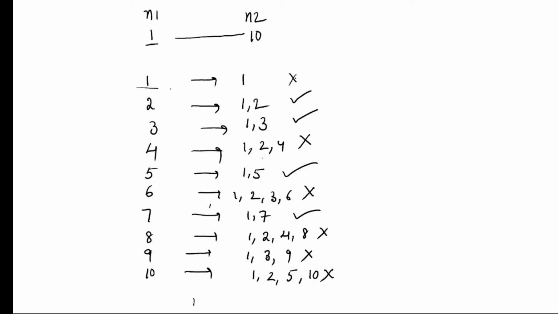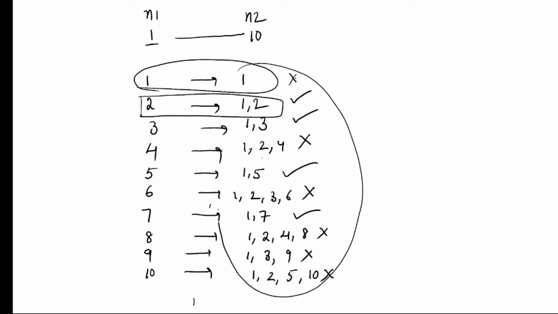To check whether individual numbers are prime or not, you have to find out the number of factors. So to find the number of factors, use one loop. I want to use a for loop. This is the inner for loop. To check each and every number's factors, use one for loop.